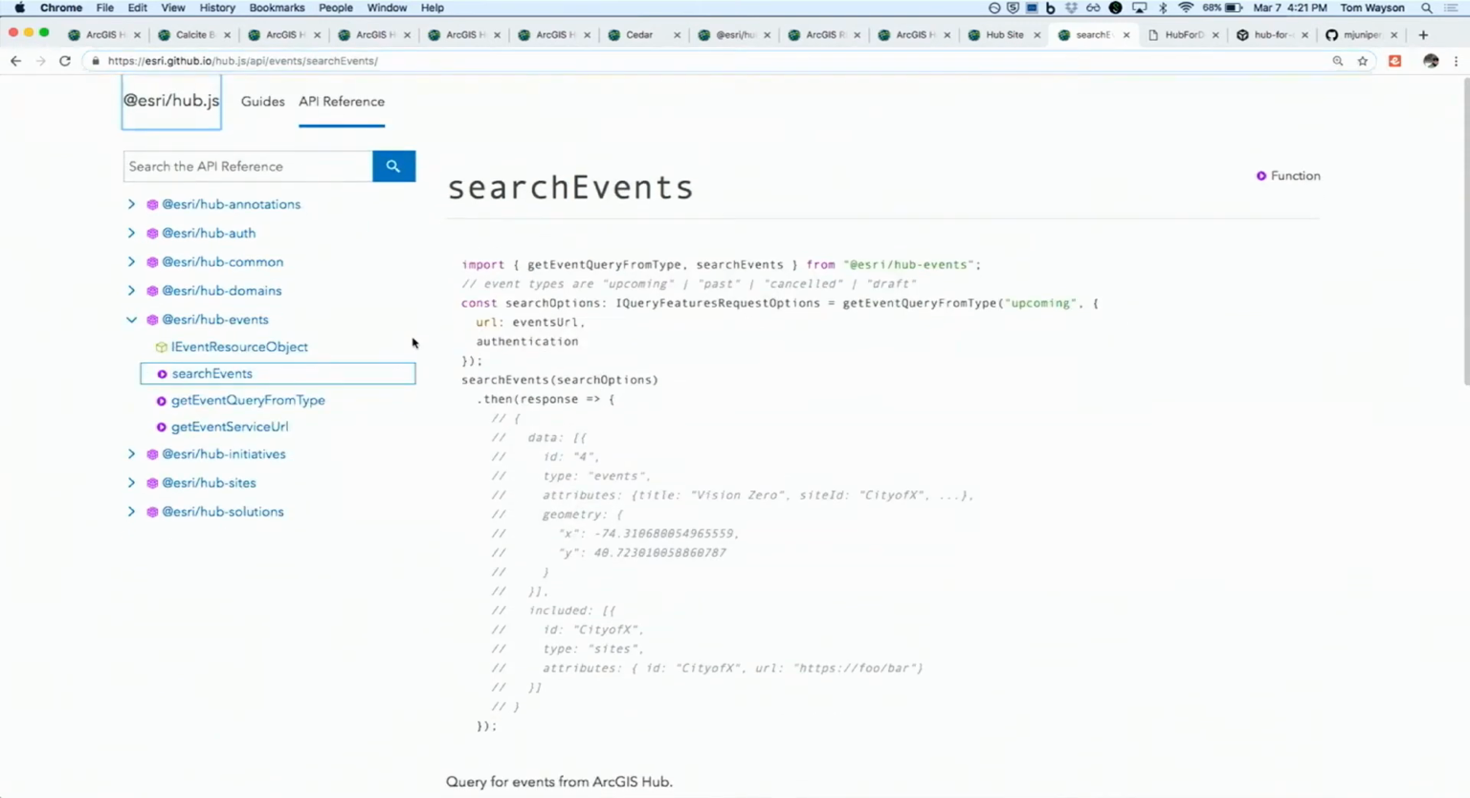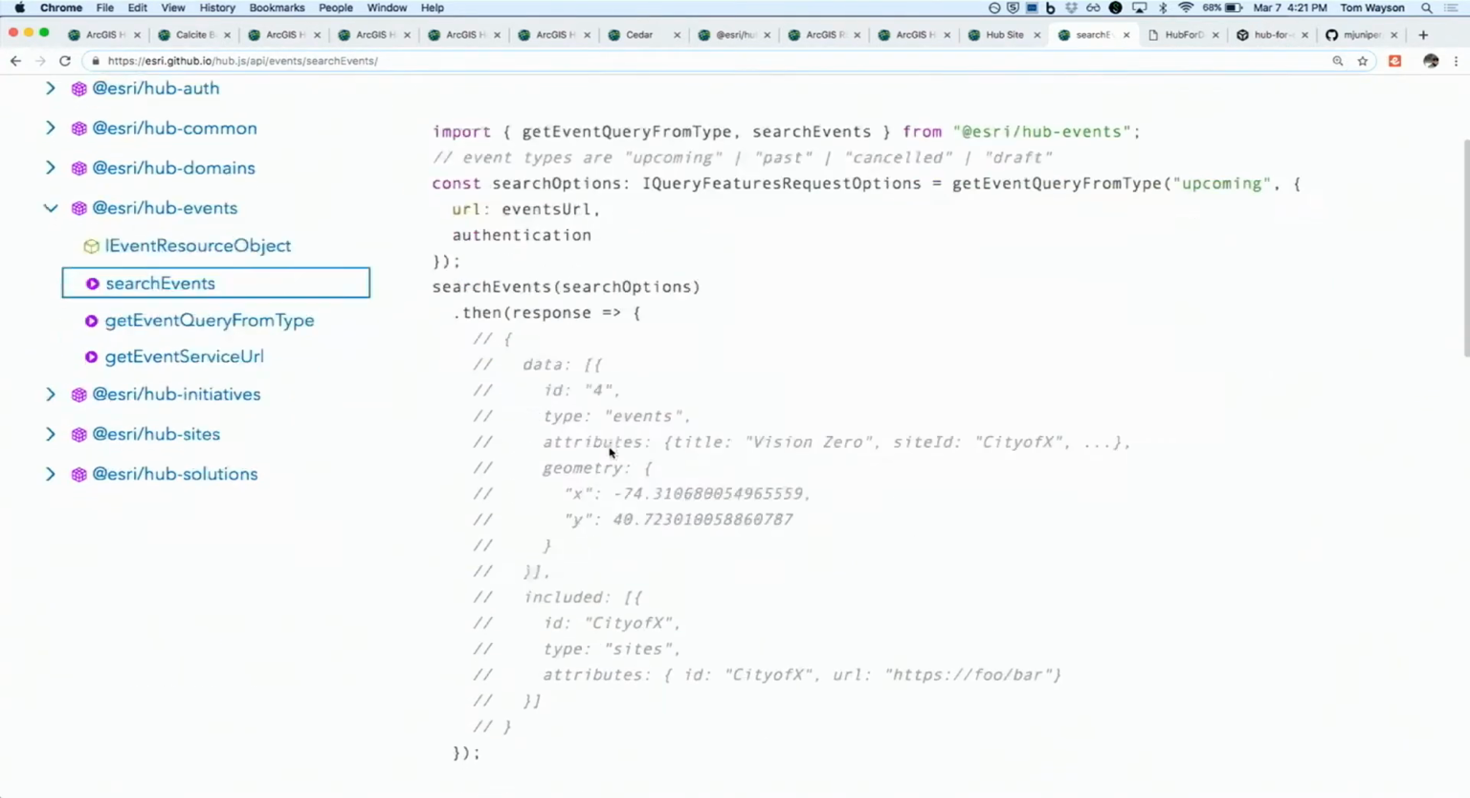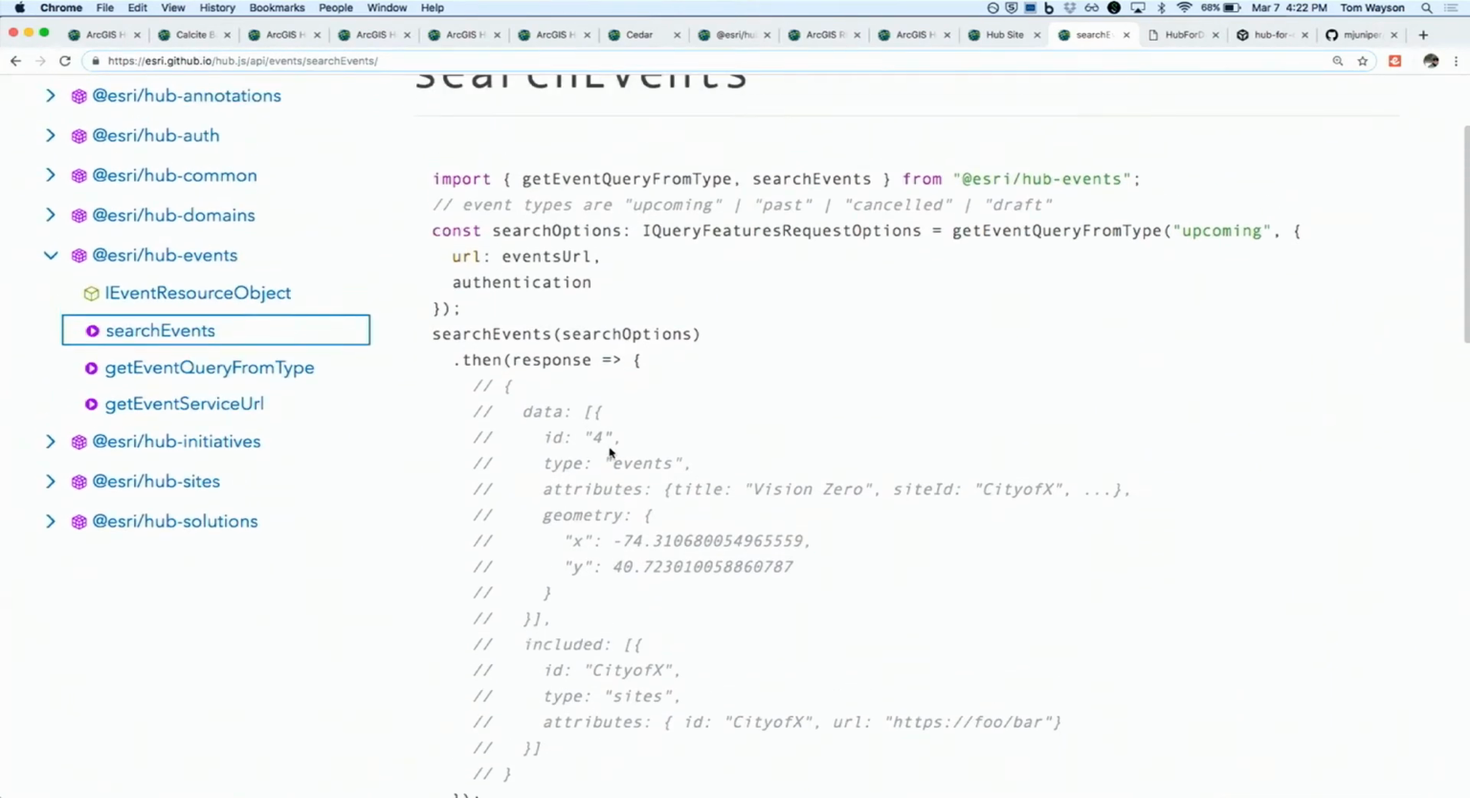So the Hub.js does provide a minimal, at this point, interface for working with events, and it's mainly read-only. The idea is searching for events and showing events. So we provide a function, not surprisingly, called searchEvents. Some events can be public or private, so you may need to pass in authentication, and then you just pass in parameters that you want to filter on, the title or that sort of thing, and it will search events and bring back an array of JavaScript objects